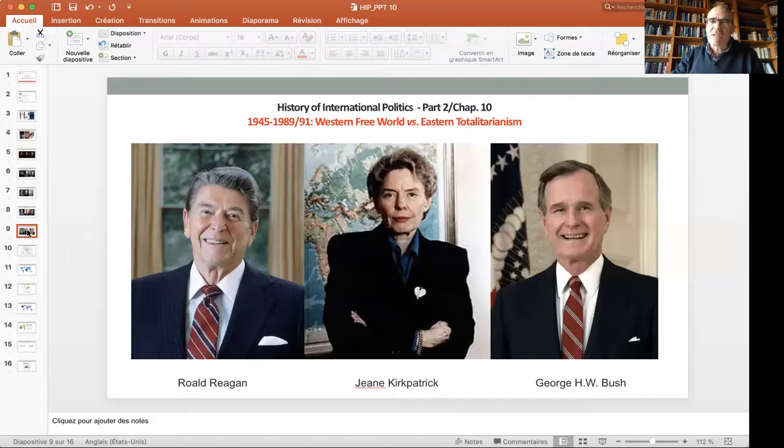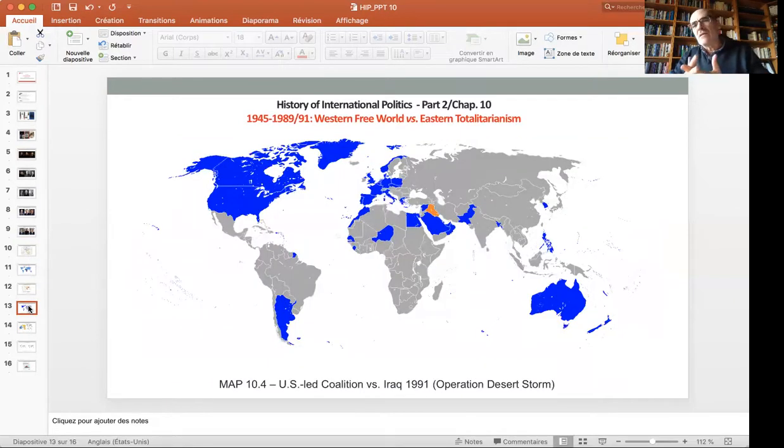The fact for the United Nations to respect its charter explains that George Herbert Bush, the father, was able to rally a coalition of some 50 states against Iraq, including major Arab states, Saudi Arabia, Syria, which was a rival of Iraq because of ideological divergences within the two regimes, Egypt, Morocco, and of course all the major Western powers contributed to send troops.